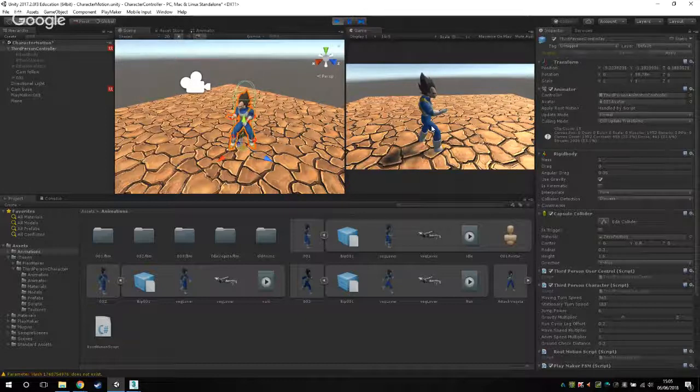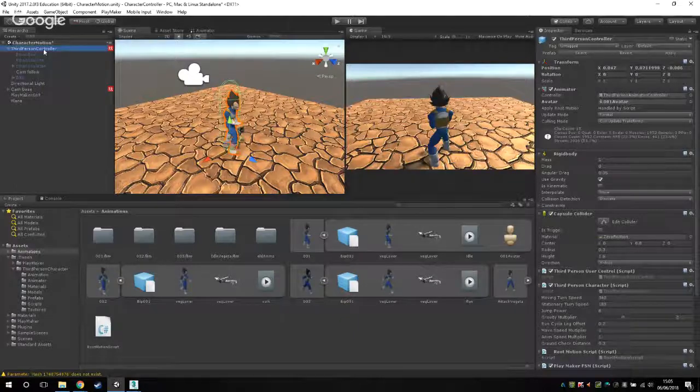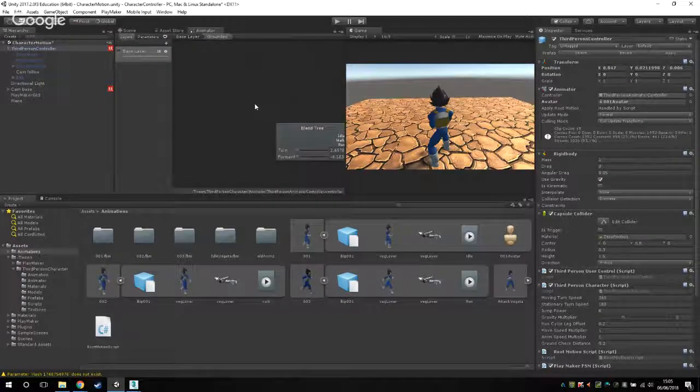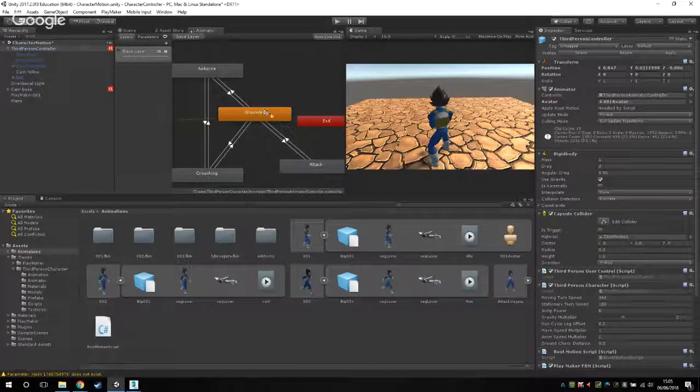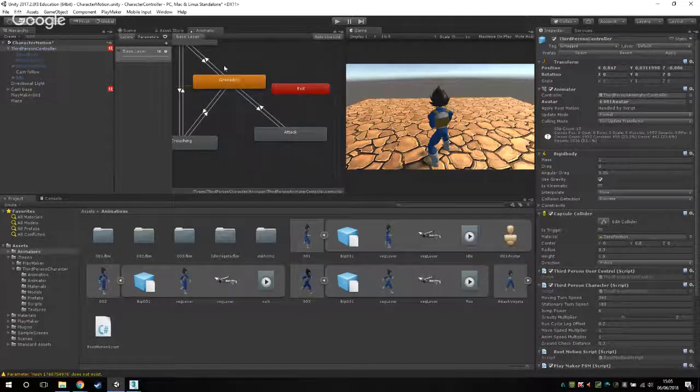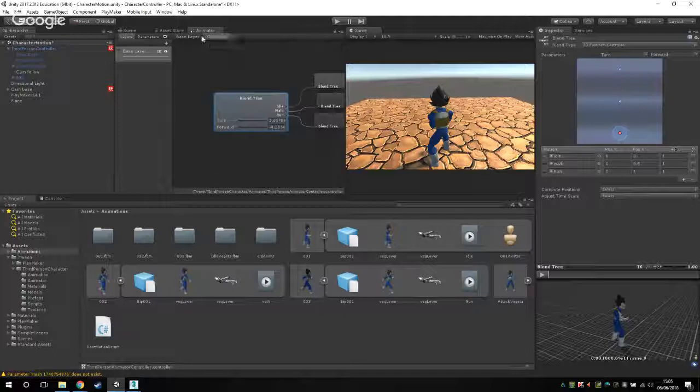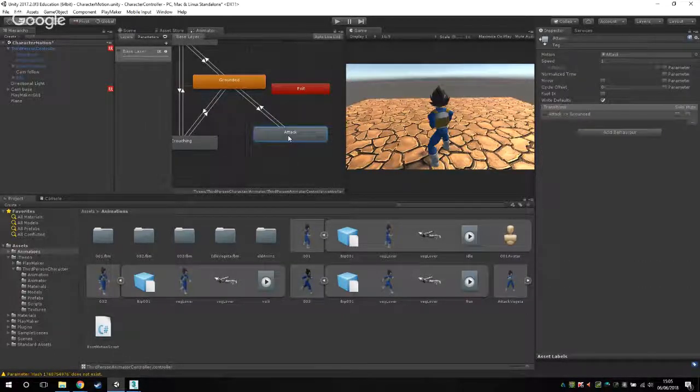Okay. The last bit, and part of the brief for you to hit that pass criteria, is to add an attack in. So that I've put in via the animator base layer here. So go back into your third person controller, go into the animator. You may already be in this section here, so notice that there's kind of tabs at the top. So go back to base, then you can see there's the attack right here,